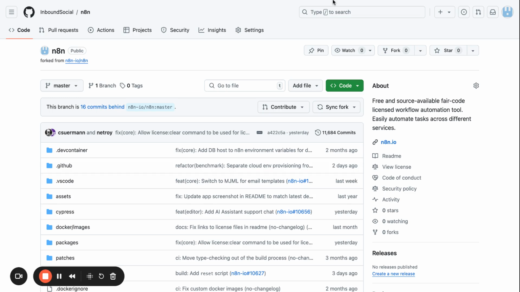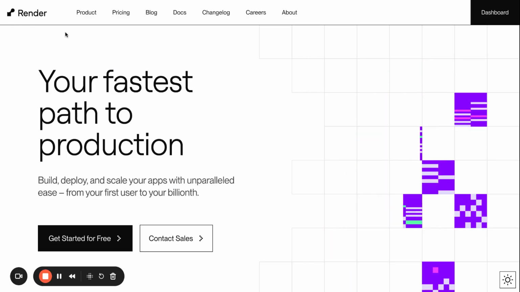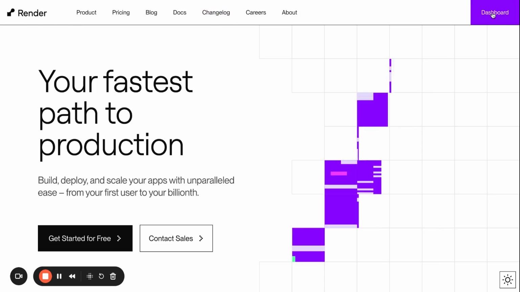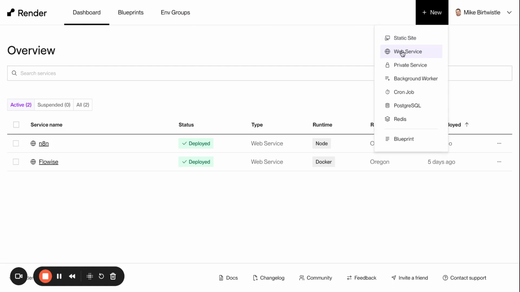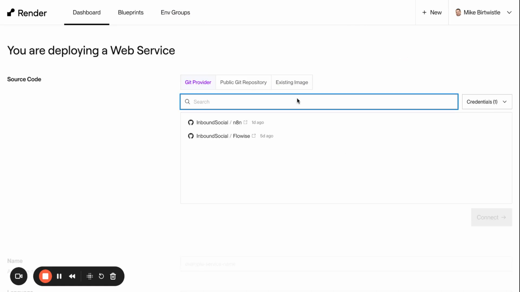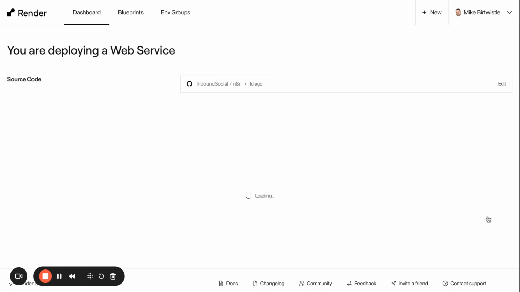But the next thing you're going to want to do is go over to a software called Render. You're going to create an account. Once you've created an account, you are going to go New Web Service. As you can see, I've already done it, but you wouldn't see anything here. So you'd click Web Service, and if you're signed into GitHub, it will show all your repositories. So you'll click the one you want to connect. You'll click Connect,